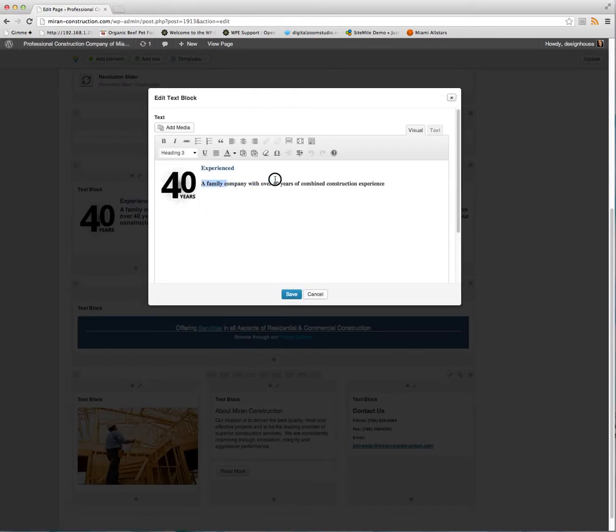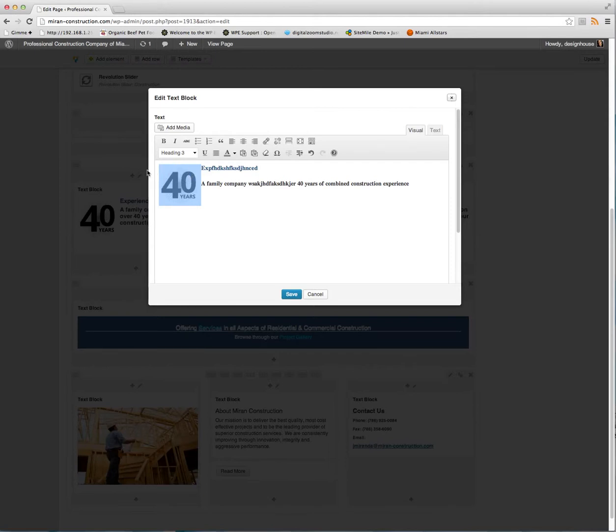And here you can retype anything you like. You can change this as well. Just maintain the same style: hover, highlight, and retype. And then you would save it, and that would keep your changes. In this case, we're not going to save, but you can also change this image here, and you just highlight it,